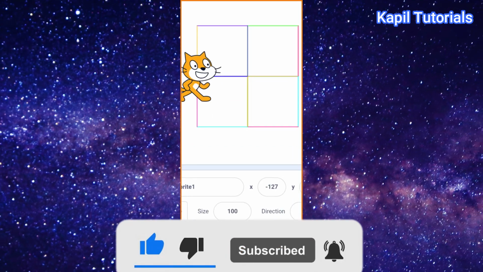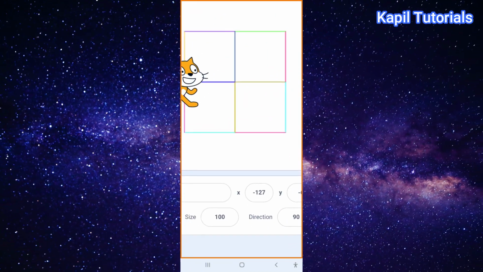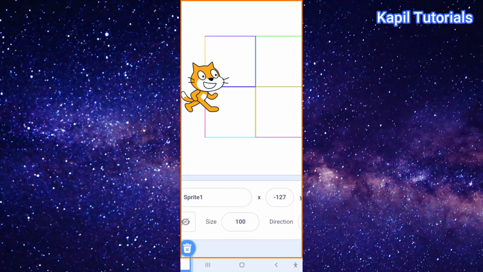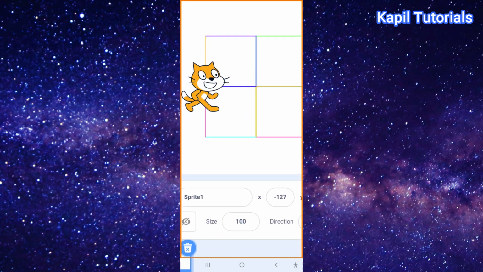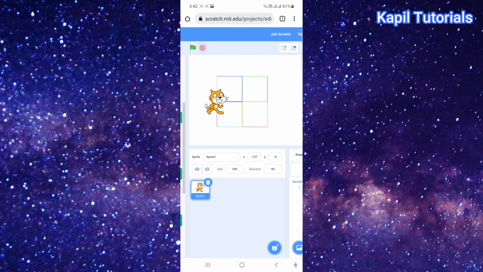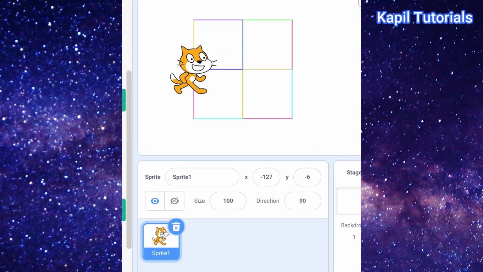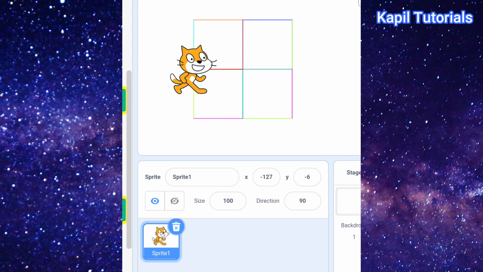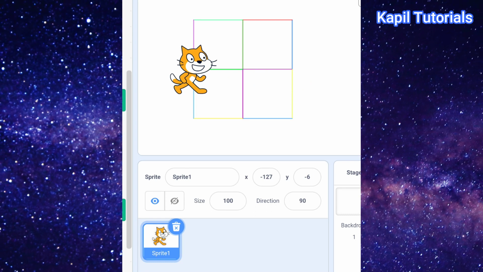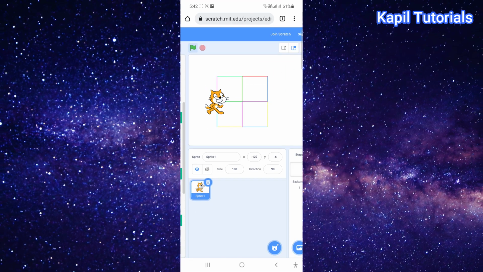As you could see here, I had made 4 squares and it's very easy to make all these 4 squares with the help of only one sprite. So how to do that? Firstly, I'll show you how I had made it. Suppose I'll run this command. If I run this, you could see here 4 different colorful squares are being made. So now directly I'll take you to the coding part.